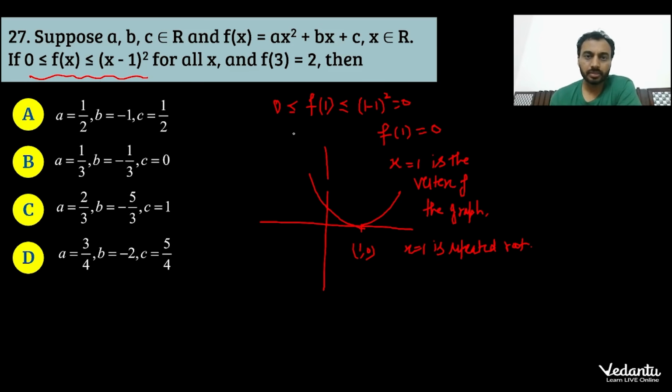So that is the possibility. That is the only possibility, because f(x) lies between these two. So this is the point where it is 0. So for the remaining parts, it is